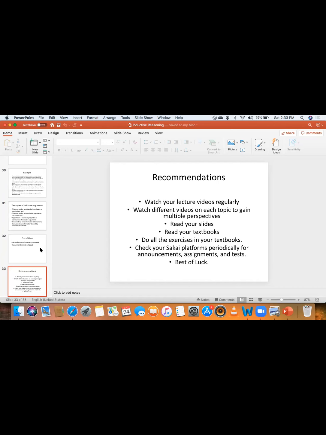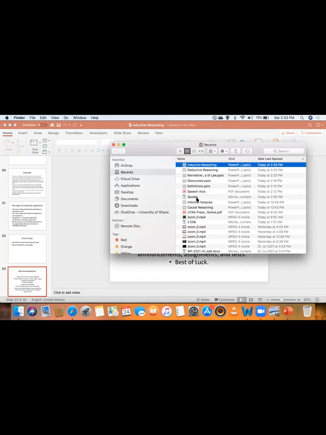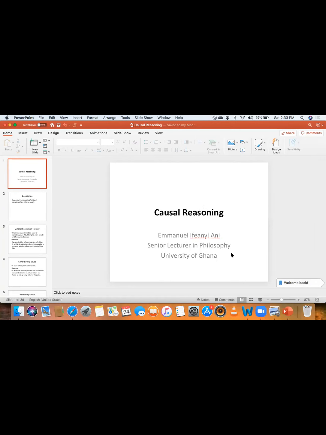So from there, we went to causal reasoning. We said causal reasoning is a type of inductive argument. We can't call it a deductive argument because it is not a guarantee. Causal reasoning is not always completely correct, so it doesn't have a complete and foolproof accuracy. Because of that, we have to rank it in the inductive category of arguments.